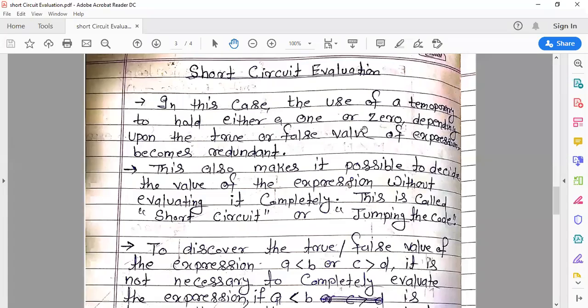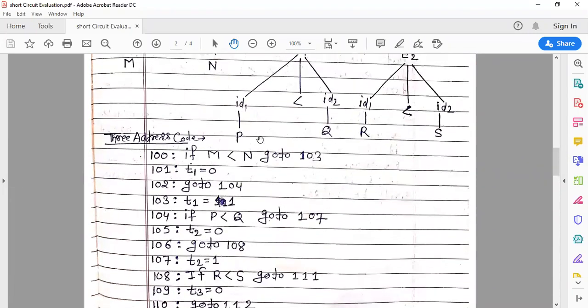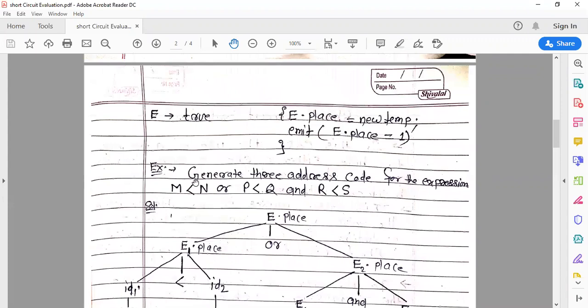Hello students, today I am going to explain short circuit evaluation. This short circuit evaluation is used for evaluating Boolean expressions. Like this, we have the Boolean expression m less than n or p less than q and r less than s.